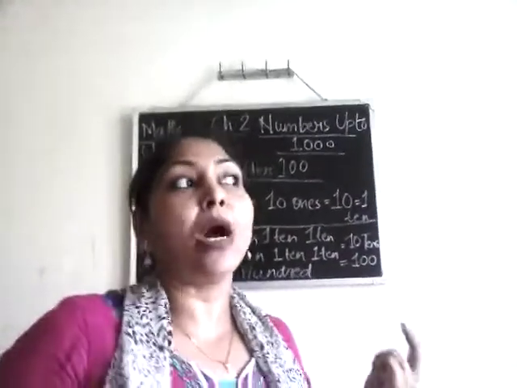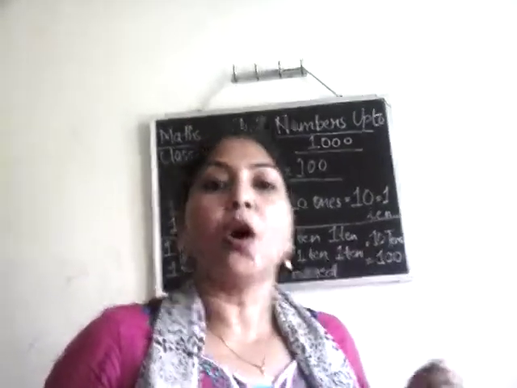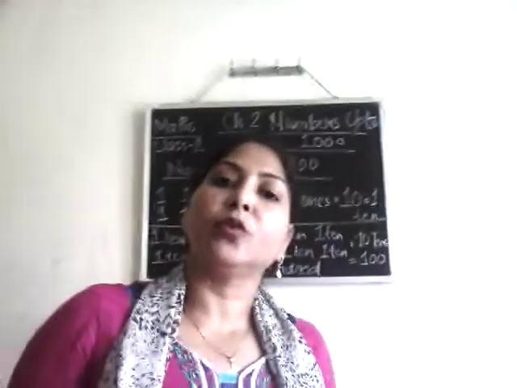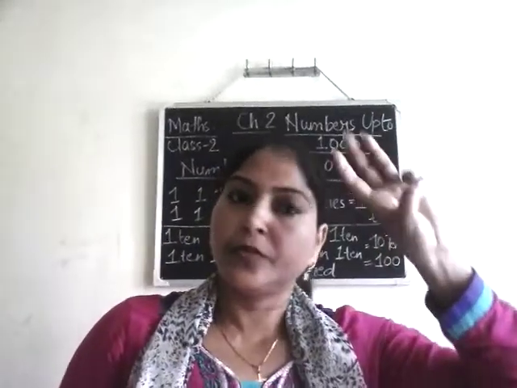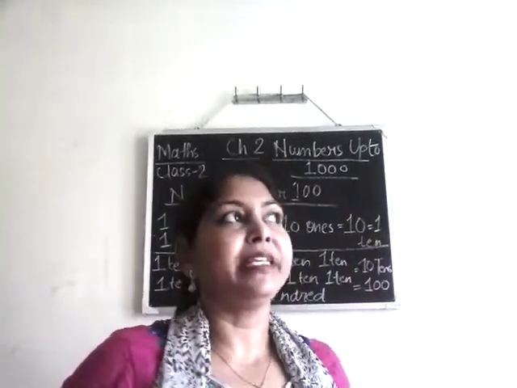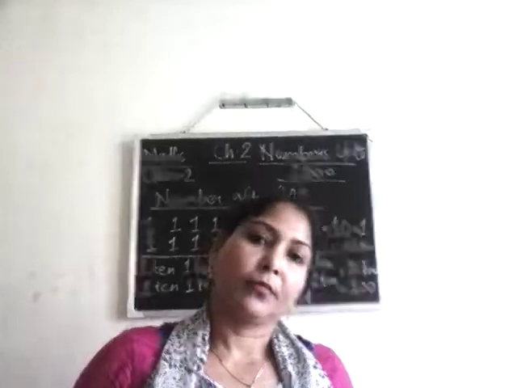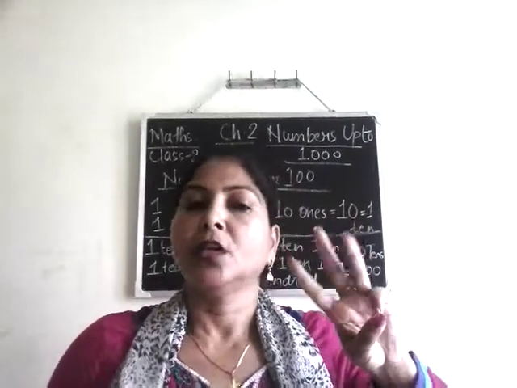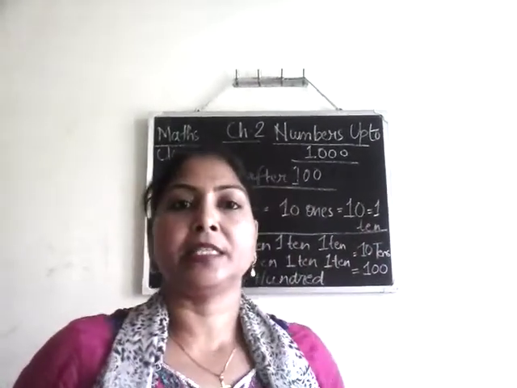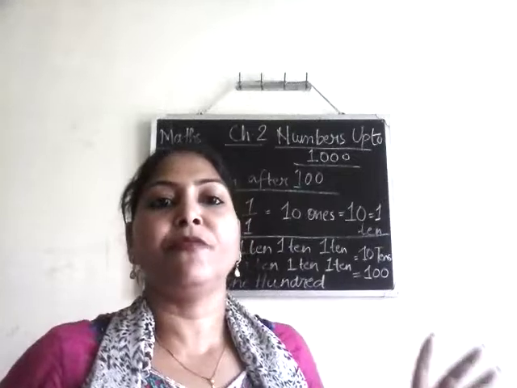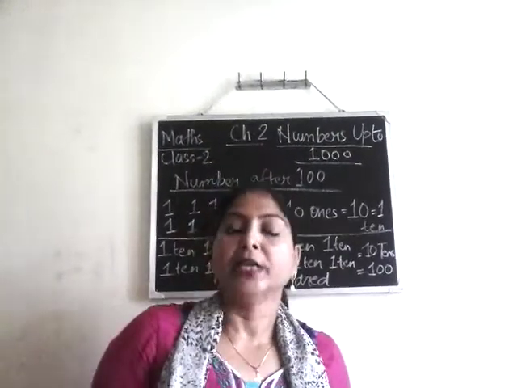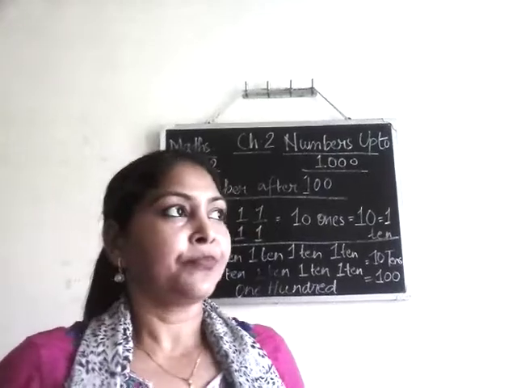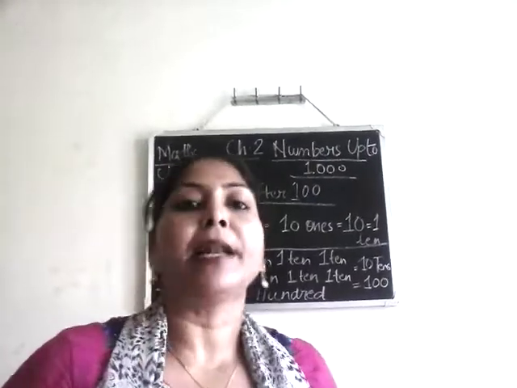So whenever we write numbers up to the hundreds place value, we will always have only 3 digits. Like if I say 213, how many digits? 213 also has 3 digits, like 2, 1, 3. And if I say 570, still 3 digits. So in hundreds, whichever number we form, they will have only 3 digits.